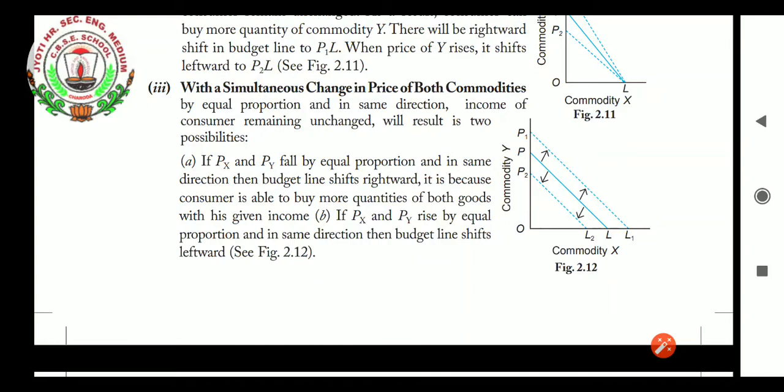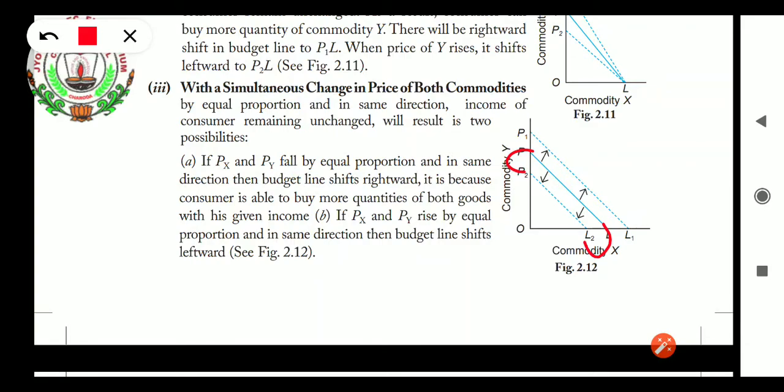If the prices of both the commodities fall, definitely the purchases will increase, you can see the purchases have increased from L to L1 and P to P1. And in another situation, if the prices of both the commodities increase, definitely the demand of the consumer will go down. So if the price was OP, it will go down to OP2 and the quantity will come down to PL. So the curve will shift back to the left.